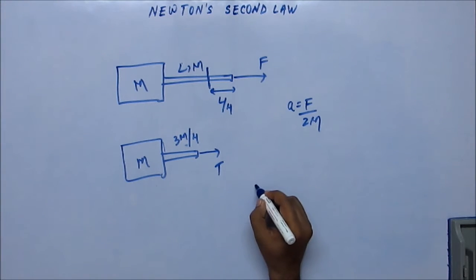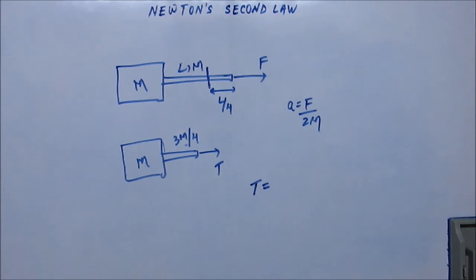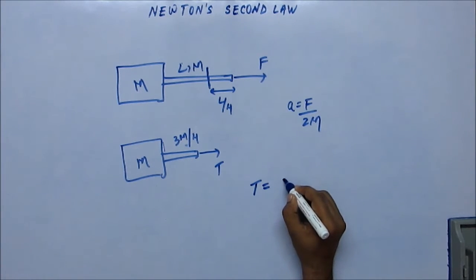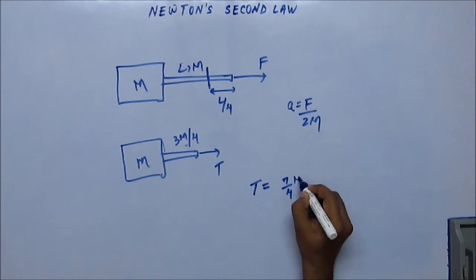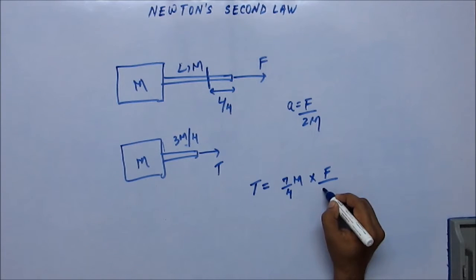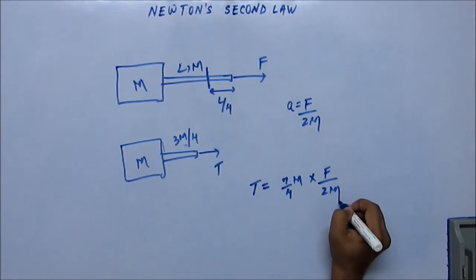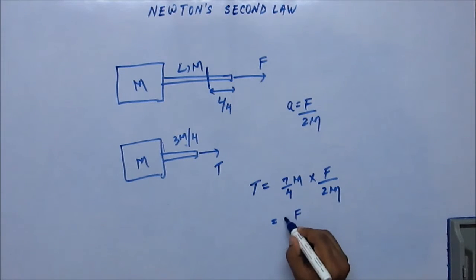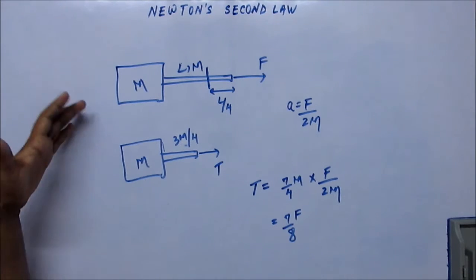So if we write the equation of motion, this is the only external force for the system to its right, and this should be equal to mass. The total mass is 7 by 4 m, and the acceleration would be this. So the tension at this point will be 7 by 8 F. Tension will not be equal to the external force, and this you can very easily understand,